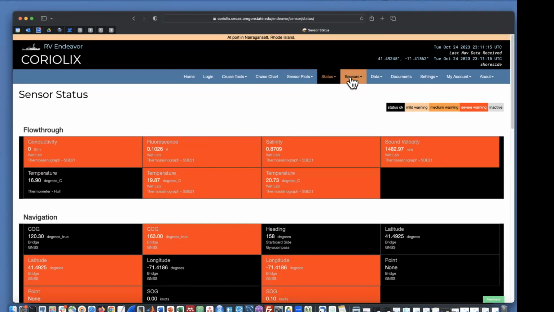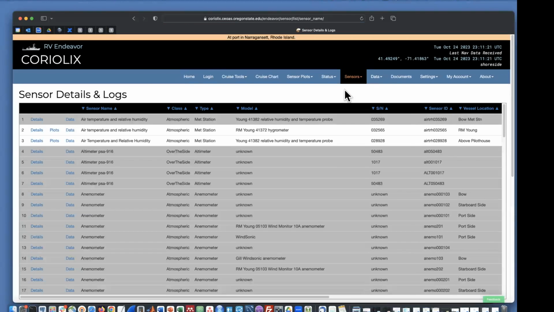Next page I'll take you to is a sensors page. There's a sensor list page. This is a list of all of the sensors that the Endeavor technicians have uploaded into the Coriolix system. This includes metadata about the sensors. Not all of these sensors have to be flowing data into Coriolix. Some of them are just sensors that they use for other reasons, but they wanted to include them as part